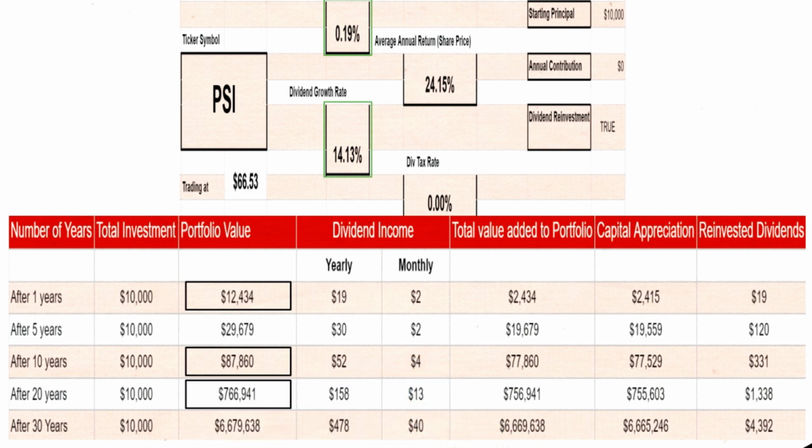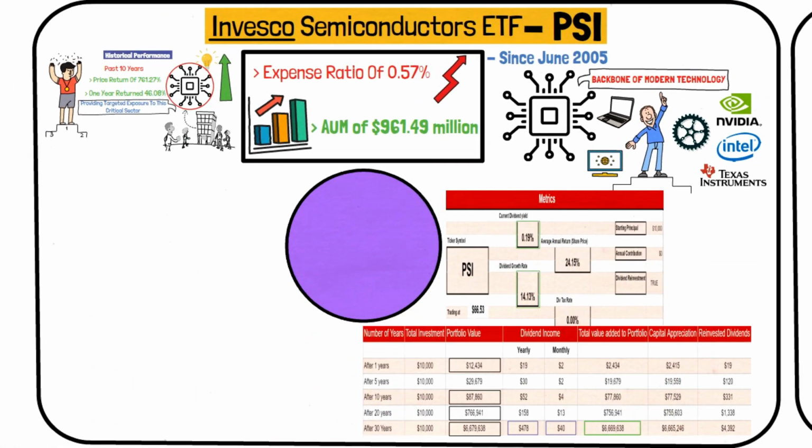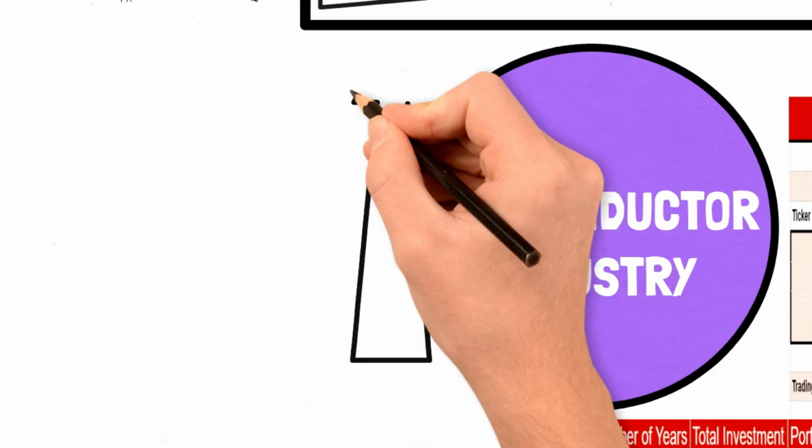$766,941. And after 30 years, it could reach an incredible $6,679,638. This includes annual dividends of around $478, translating to about $40 per month. The total value added from capital appreciation and dividend reinvestment over 30 years is a staggering $6,669,638. Financial experts consistently highlight PSI's strategic focus on the semiconductor industry, which is expected to continue experiencing significant growth